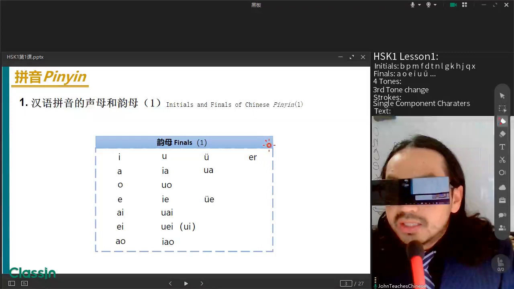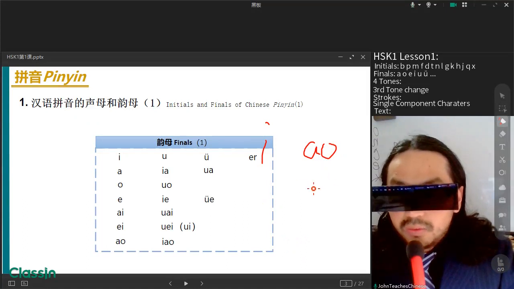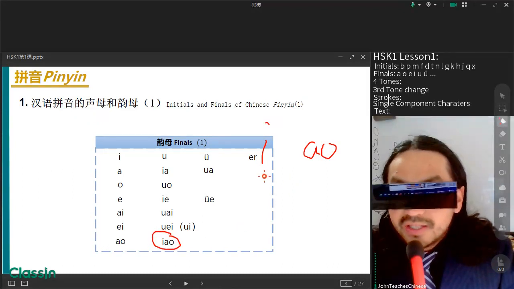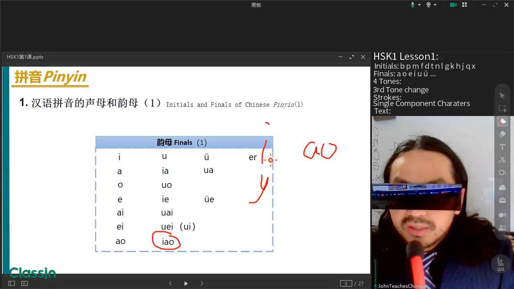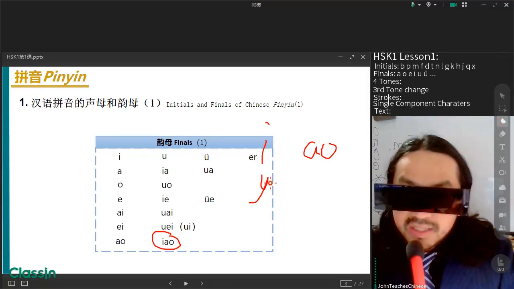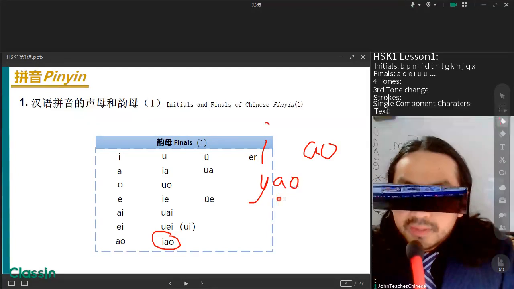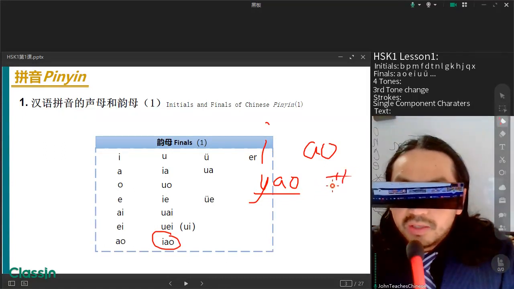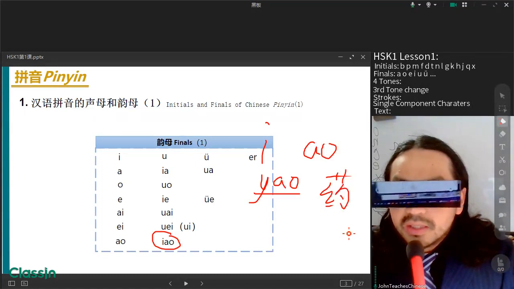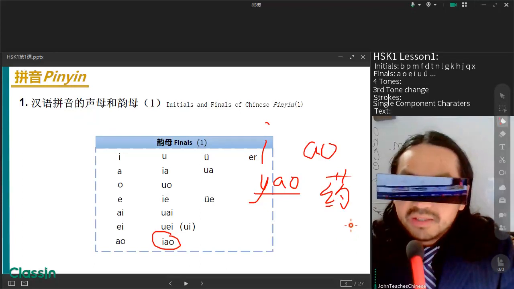Okay, next one is the E plus ao. Yi ao, yao. So this combined all together is yao. If before this yao there are no other initials, it will be written in this way. This E will become like the Y, like this. This is also pronounced as yi. You do not need to remember this one. We're gonna go through this later. If there are no other initials, it will become yao. One of the matched characters is this one, which is the medicine, which is a big problem, whose price is extremely high. 药